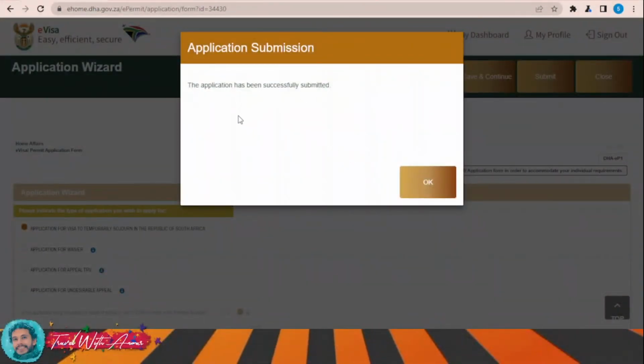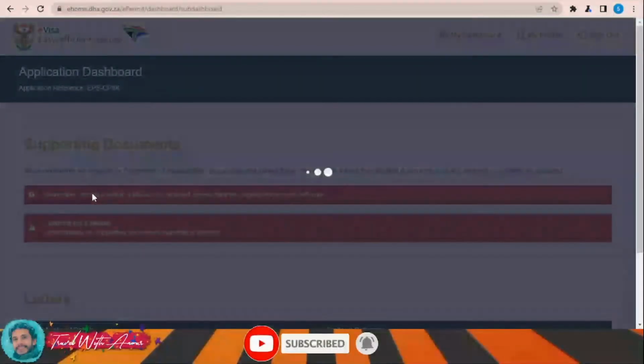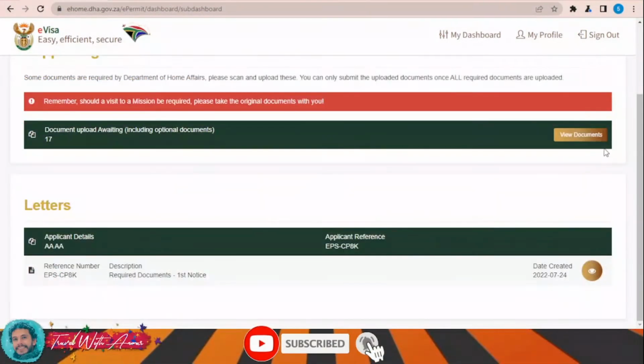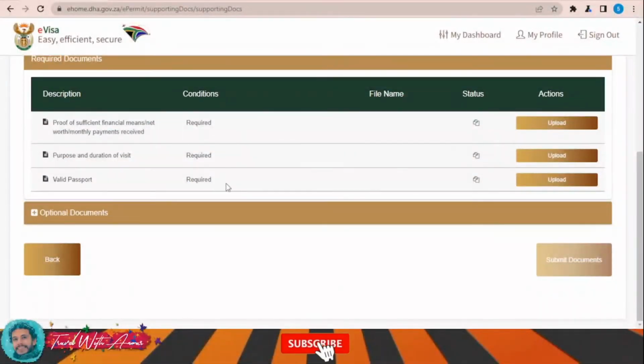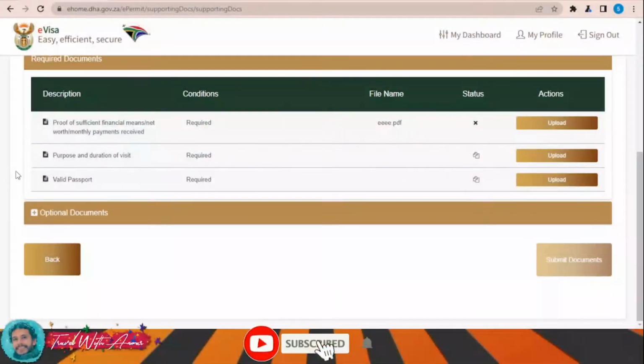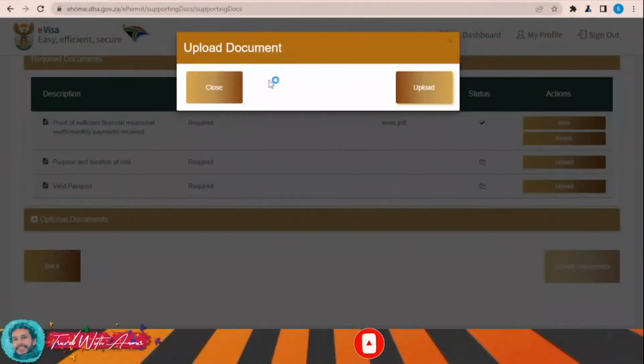Okay, the application has been successfully submitted. So after submission, this page will appear in front of you. Just click over view documents. Over here you will need to upload some documents like proof of sufficient funds, mean net worth, monthly payment received. Just click upload document, and the purpose and duration of visit, you have to upload it also,